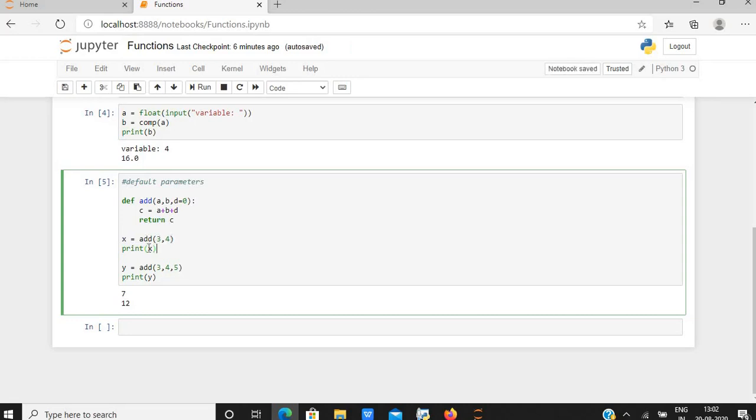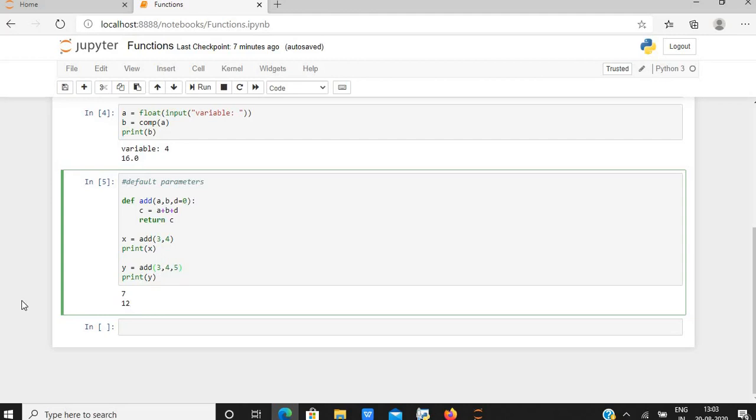I'm printing the value of this. But also I can change the value of d. That was a default value, we can change it. So in the y function, I have written 3, 4, 5, where 3 stands for a, 4 stands for b, and 5 stands for the value of d. And I'm summing that up. Therefore, the result is 12.